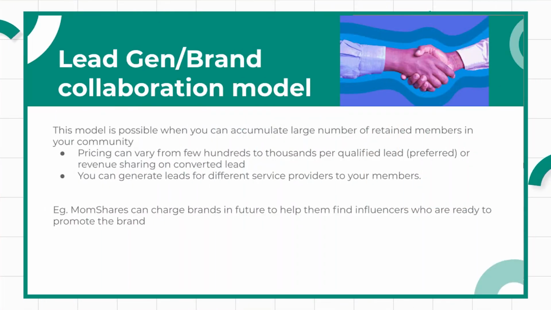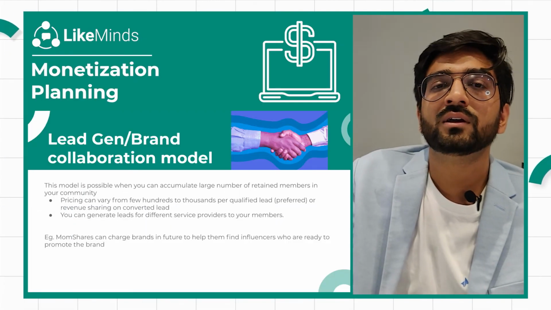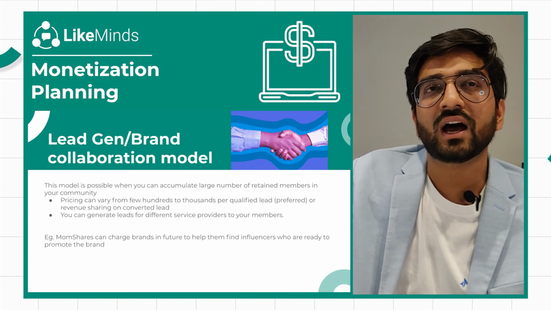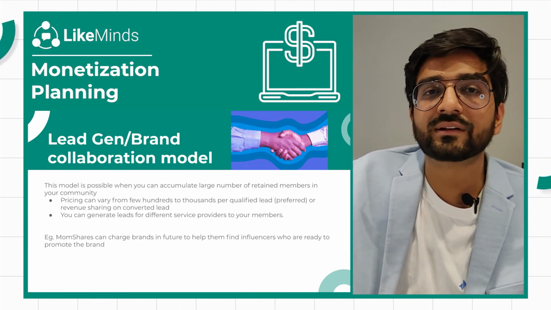The last model, and I'll be very quick here, is, as the name suggests, the lead generation and brand collaboration model. This is generally done once you have some sort of retained members in your community. So for example, if you've already been running your community for a while now, you've created that influence with your members, and you're able to get certain vendors who would be interested in adding